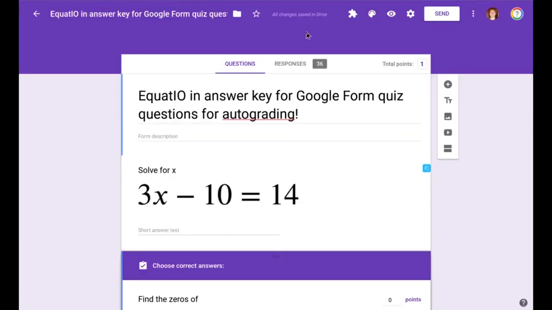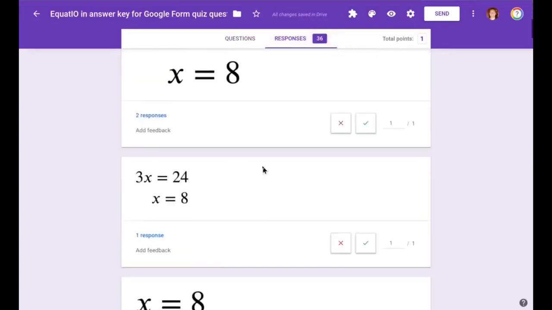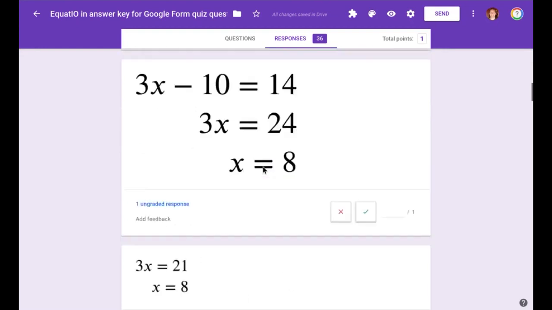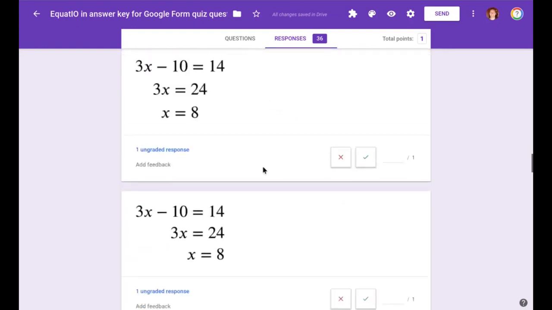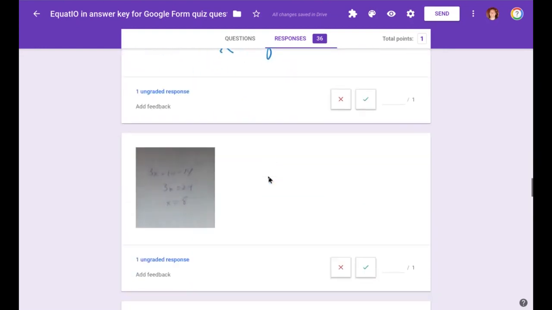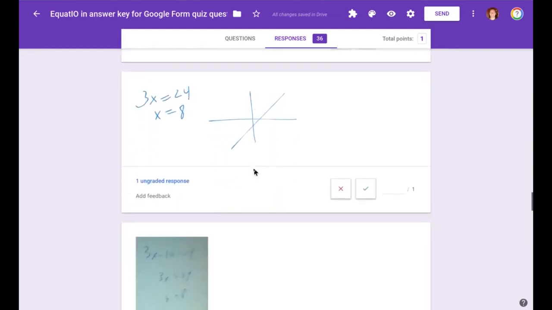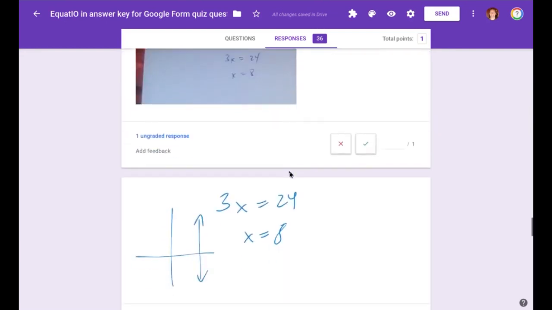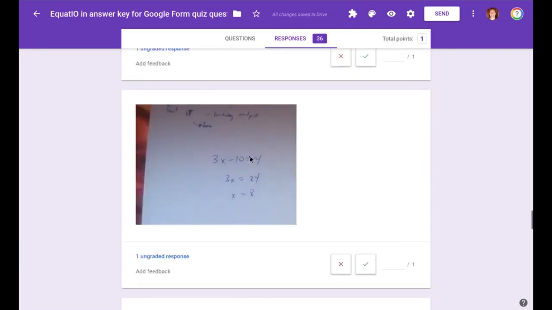I can go ahead as the teacher here, look at those responses, see what the students have given me. Okay, almost all of them think x equals 8. You can see here too, you can use EquatIO Mobile to do a handwriting bit. You can take a picture from a piece of paper. So you can just see a variety of different works. And it won't auto-grade the picture yet,